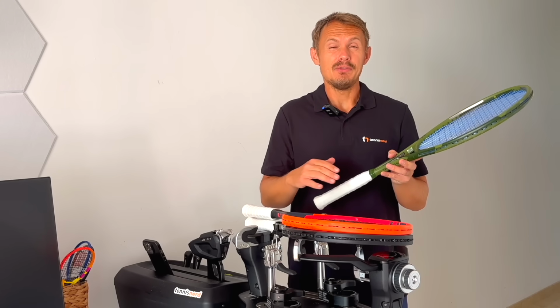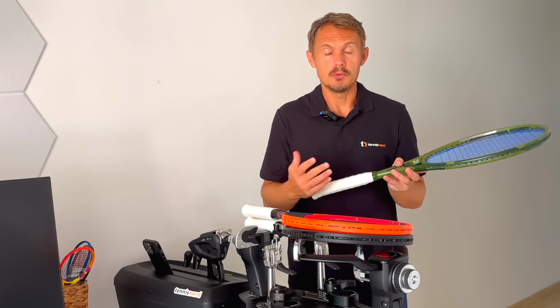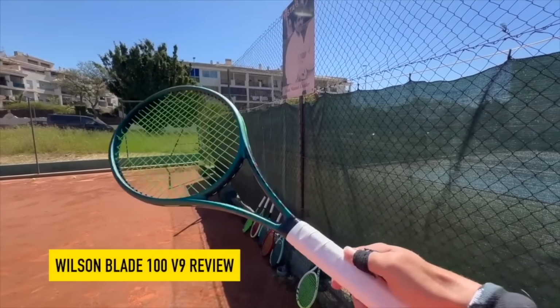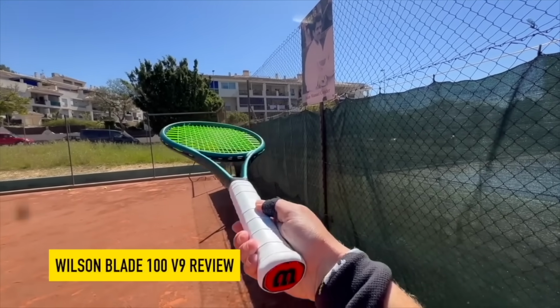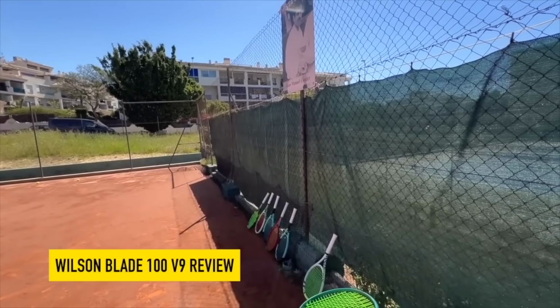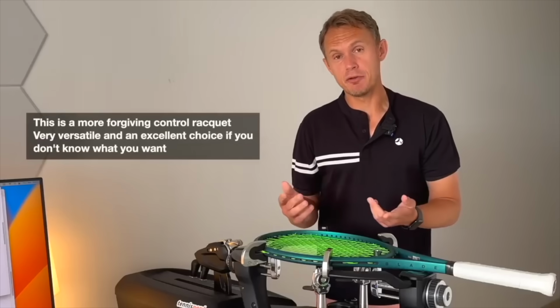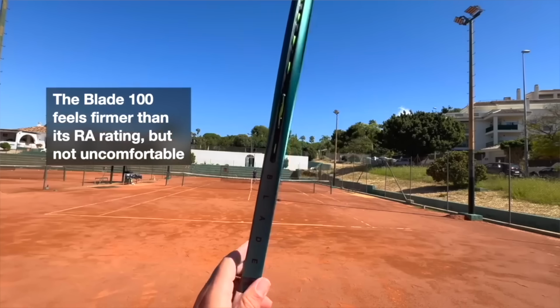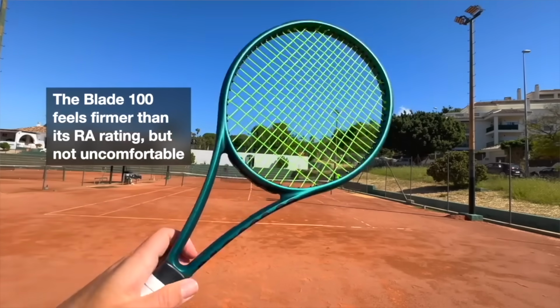One other racket, if you prefer a little bit more of a traditional racket shape, is the Wilson Blade 100, version 9, really impressed by this frame. One of the best all-rounder rackets on the market. I prefer it over the 98s, which are more demanding, more control-oriented. Also good, but these are the two rackets I want to mention for intermediates to advanced, liking a racket that